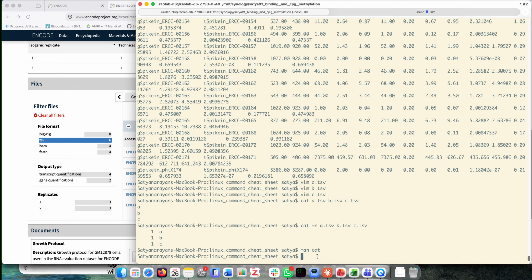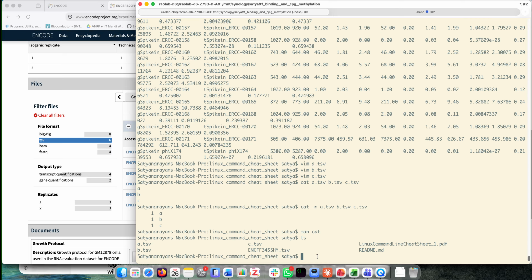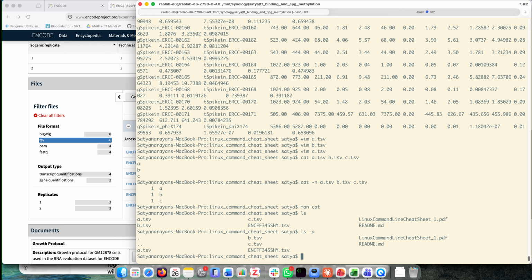I say ls, and I created all these files right now. But if I say ls minus a, meaning show all the files or directories (directory means folder) that exist here,